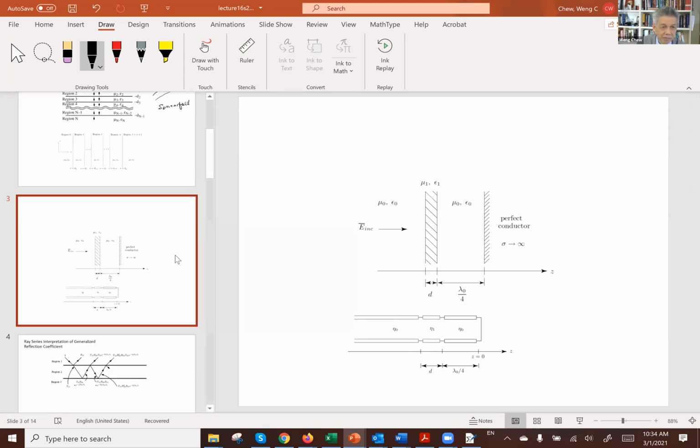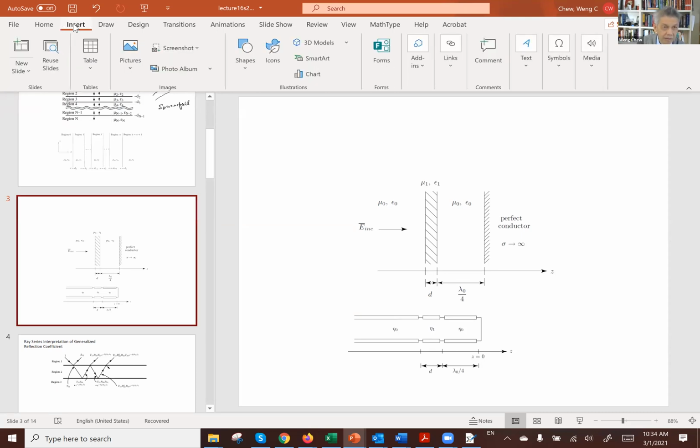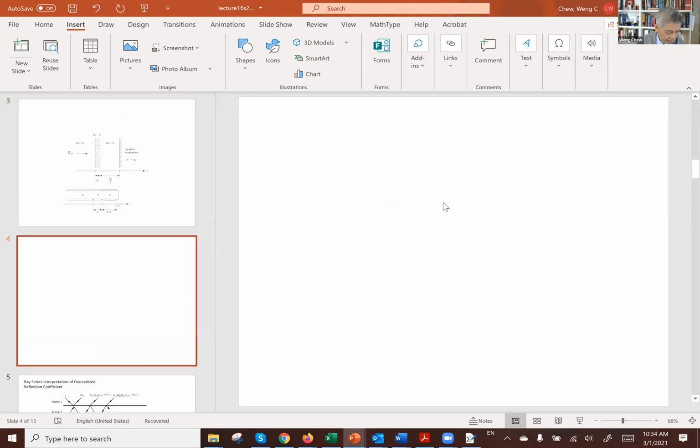Before we do that, let's use a blank slide to illustrate this. We have shown that when you have a transmission line, especially a multi-section transmission line, if you have just a single junction transmission line,